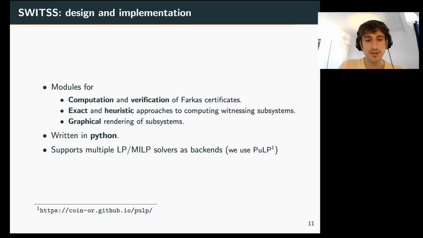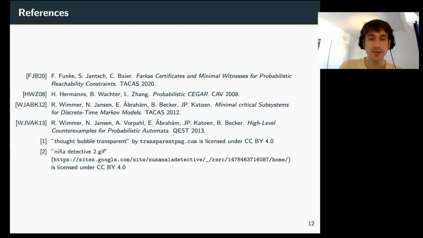This gives us access to many existing libraries and tools, and this should make SWITSS easy to use and easy to integrate in existing systems. We also support a number of LP and MILP solvers as backends, and for this we use the interface provided by the Pulp library. So here are the references that I use in the talk,